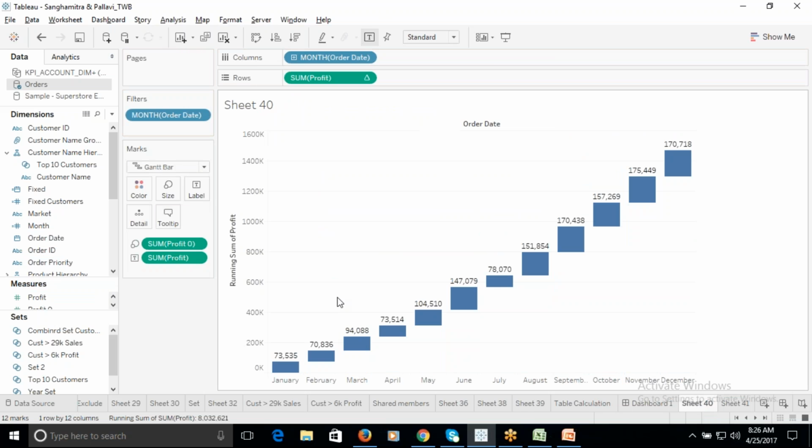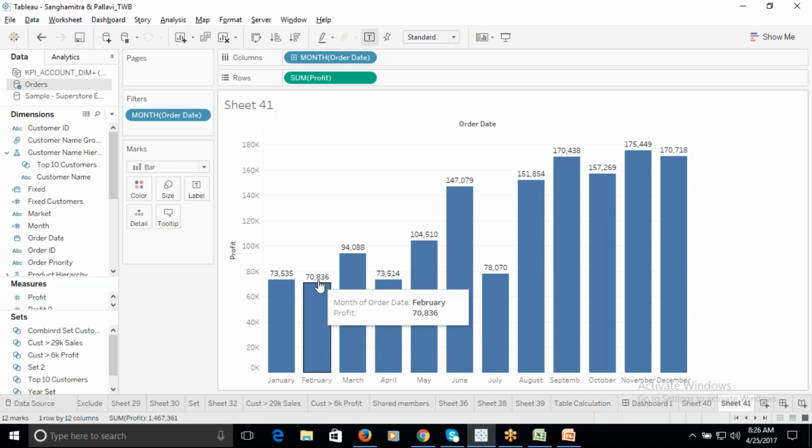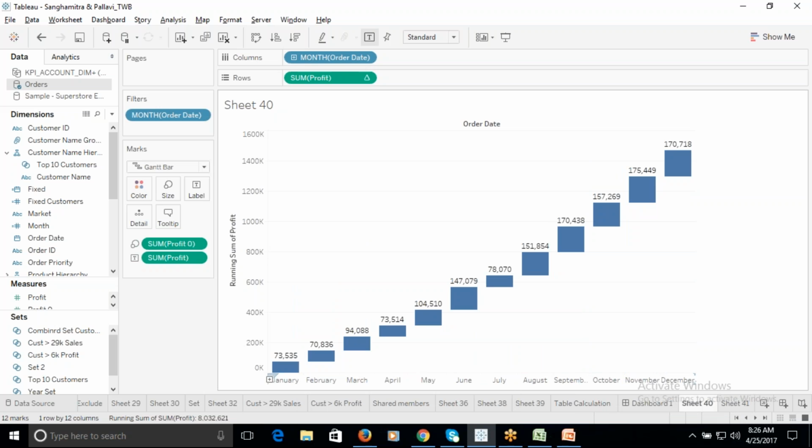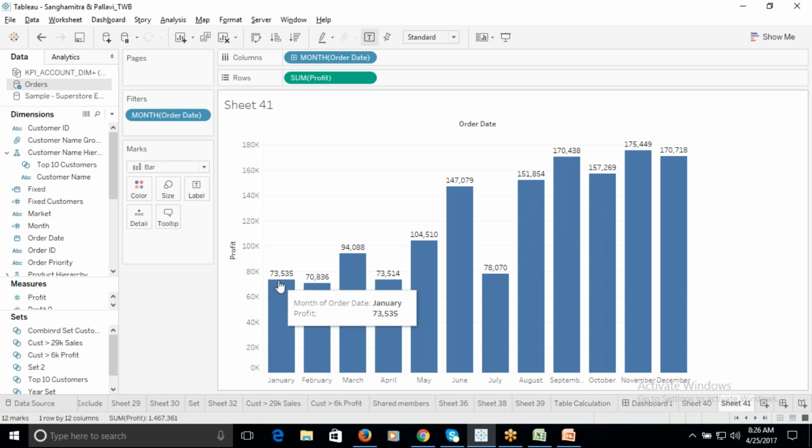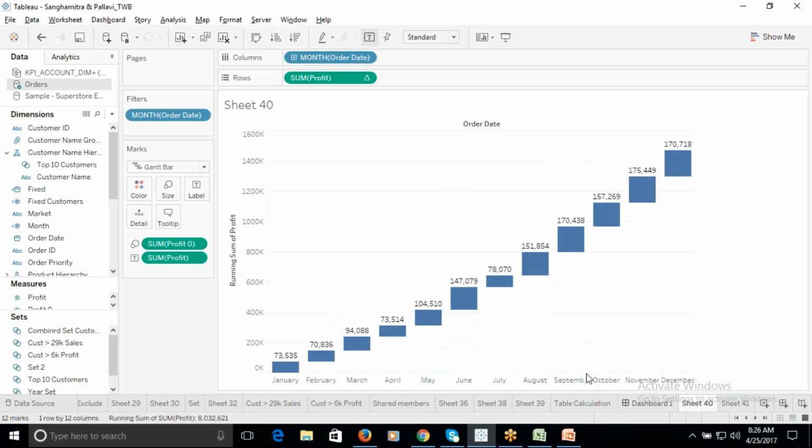$73535, right? The same thing we are getting, right? 73535, 70836. Okay, we are getting the same bars, but you can see the bar. 73535 is greater than 70836. That's why this bar is down, this bar is a little bit up, right? But here, 70836 is showing more than